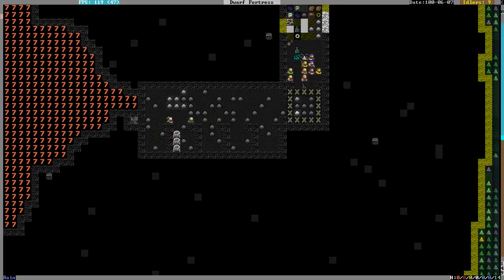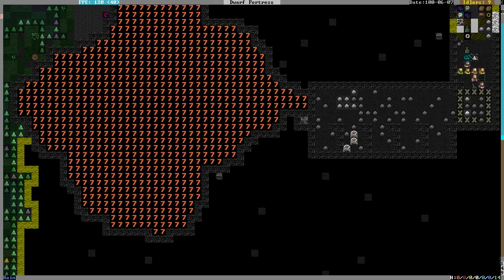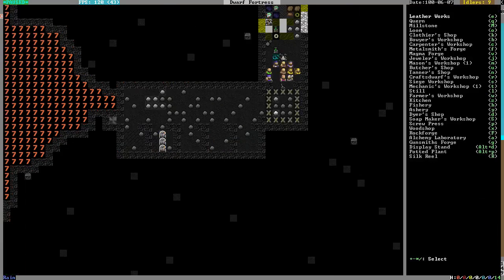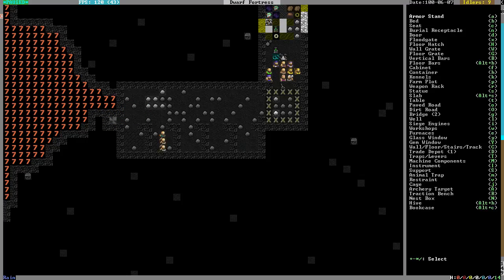Okay. No. Build. We don't need a glass furnace. In fact, glass. Where do we want the glass furnace? We need 2 smelters, a glass furnace, and a forge. And that'll fit. Okay. And actually, I need to go back here. Magma glass furnace. Right, everything but the forge